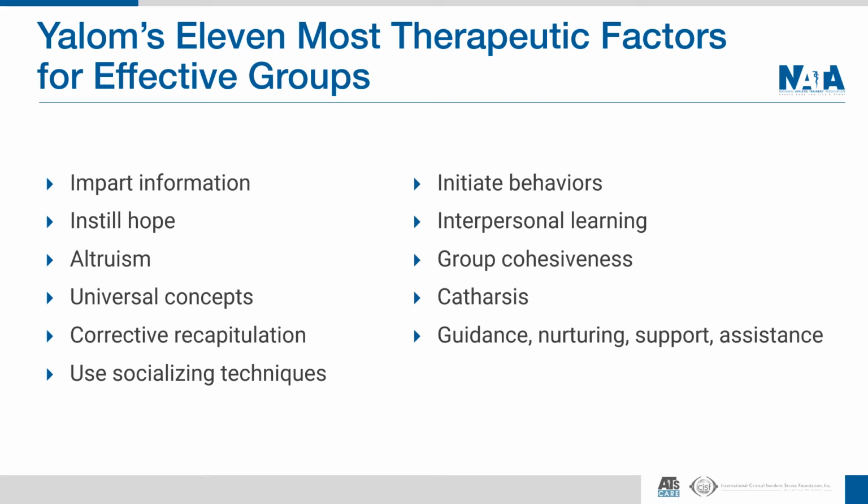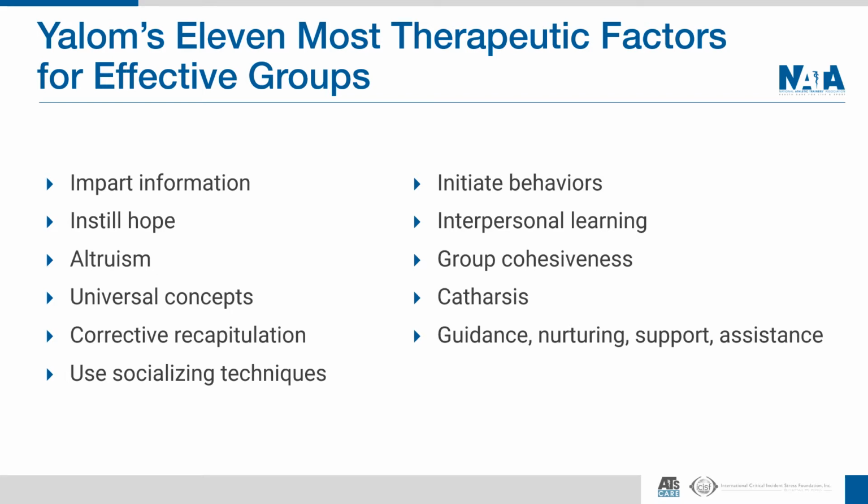We want to do interpersonal learning. We want to foster group cohesiveness. We want to provide an opportunity for catharsis. And then we want to provide guidance, nurturing, assistance, and support for individuals as they move through the stages of